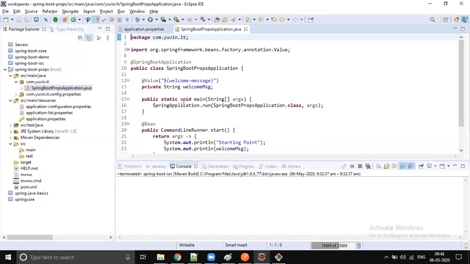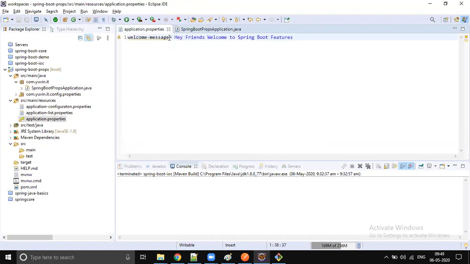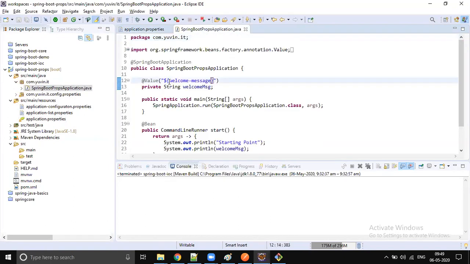To load that message into my Java application, I should use the @Value annotation and give dollar curly braces. Whatever key you configured in the properties file, you give that key here.